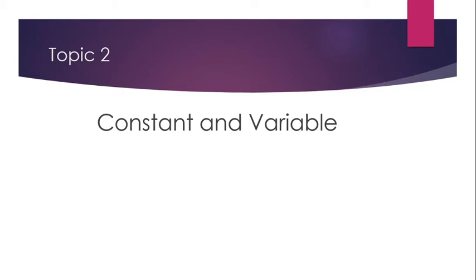So in a constant there is a quantity whose value does not change, like a is equal to 10, so its value will not change during the execution of a program. While in terms of a variable, its value might change in programming, like 1 plus 2 is equal to. So I've given the variable, and now its value will change. At some point its value will change during the execution of the program. So that is the difference between constant and variable.